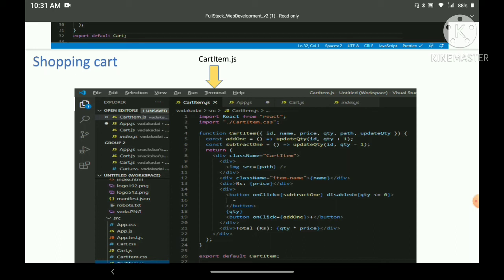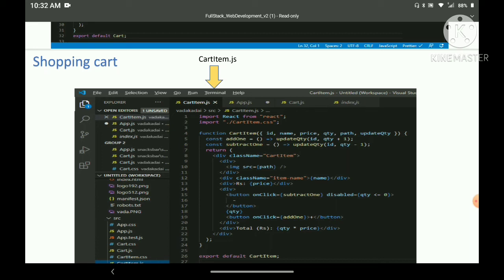Now I am passing the ID parameter also, because if you click the plus button of bhaji, then the quantity of the bhaji needs to increase. If you click the minus button of vada, that item's quantity needs to decrease, right? That's the reason I am passing the ID, because every item has a unique ID, 1 2 3, which I passed in the items list.